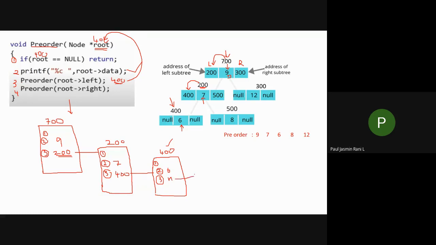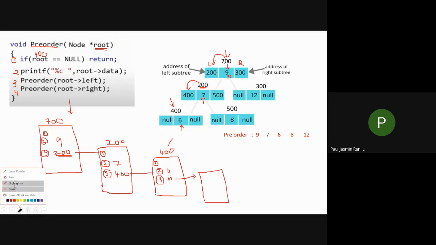Now see here, null is passed. So I'm calling the function again. I'm calling this function once again. After calling this function, what will happen? Null is passed over here. So I'm passing null. Now what is the root element? Null is your root element, isn't it? So now tell me what happens here. I'm passing a null over here.